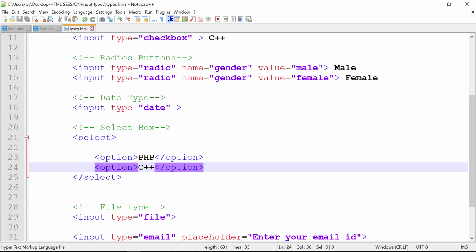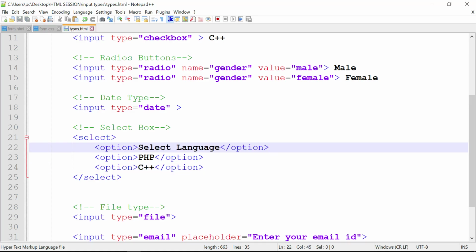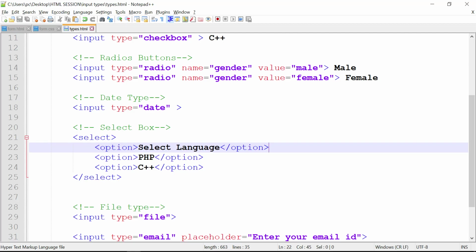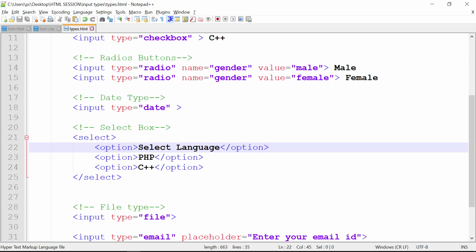If you run it, by default it shows PHP, and if you click the drop down, C++ comes. But normally we give the first option as select language. We don't want to show people a default language, so they will click and select whatever they want.